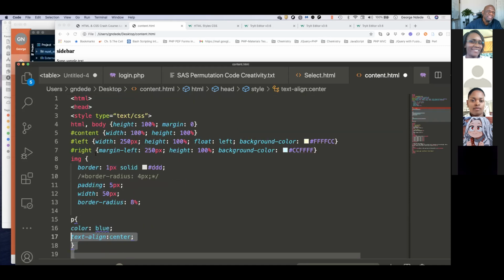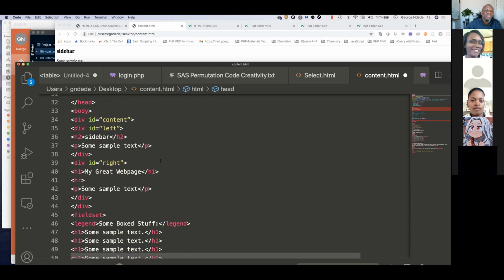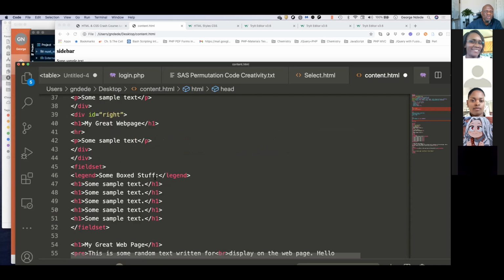Okay, we declare it up between the header tags. Okay, now this will be internal. Okay, now if you want to affect only this one here,